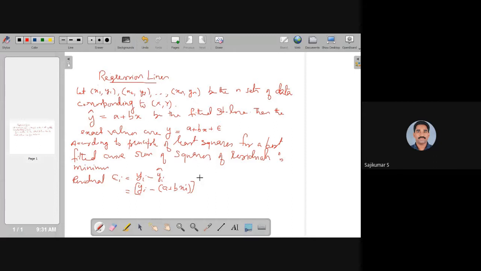So epsilon i is equal to yi minus yi cap, that is yi minus (a plus b xi), and we take the sum of squares of these residual errors. We call that capital E,